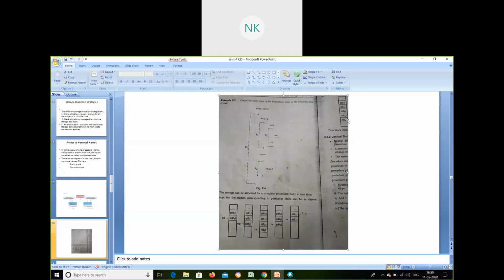Once this is done, I'll be able to find out P and Q. This is how an activation record will be created. It keeps jumping. The variables for this one will be P, Q. The variable for this block will be P. The variable for this block will be R. The variable for this block will be QST. So they are all different variables.